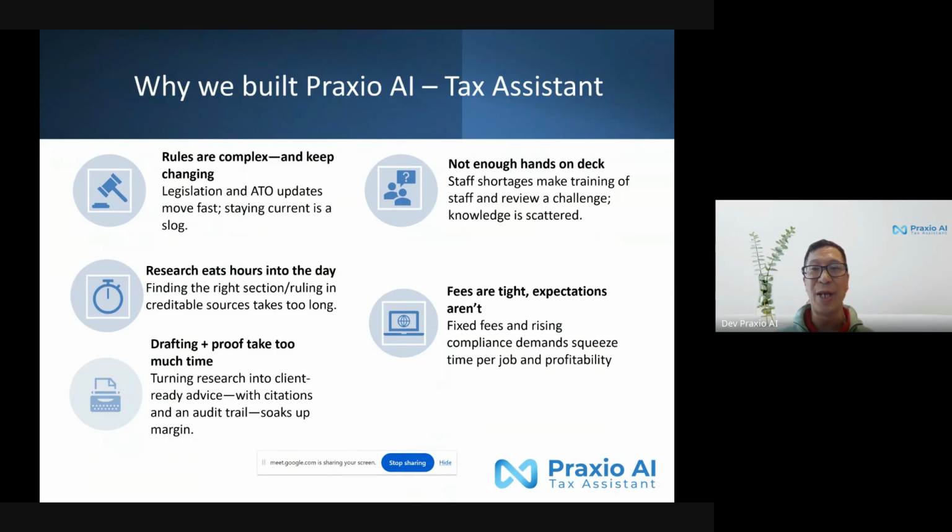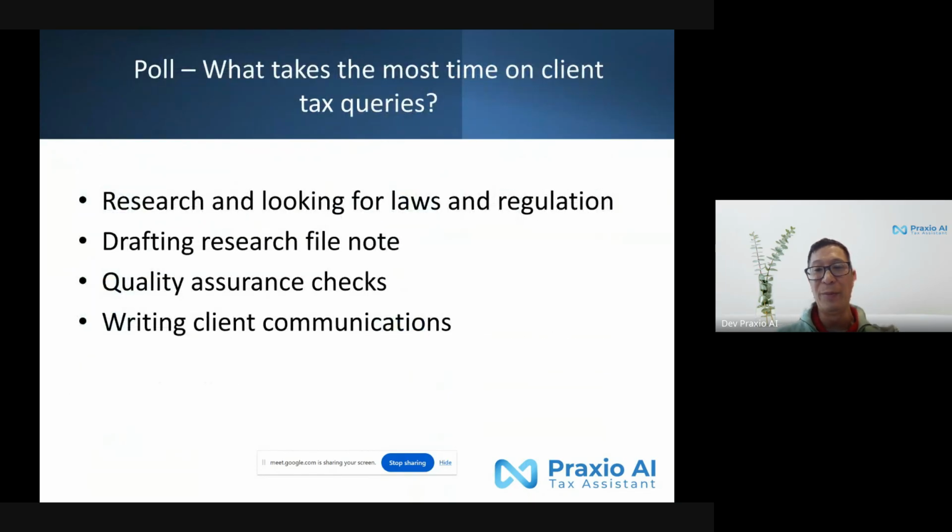So what I'd like to do now is run a poll to see what takes the most time out of your day in dealing with client queries. So if you now go to the tools and go to the dots, you